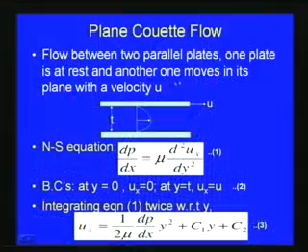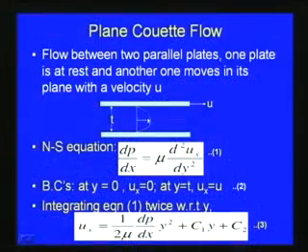Here the Navier-Stokes equation: almost all the assumptions which we used earlier are valid here also. The only difference is that the top plate is moving with a velocity u. We consider the distance between the plates as t, and the velocity with which the top plate is moving is u. So, the Navier-Stokes equation becomes dp by dx equal to mu into d square ux by dy square,